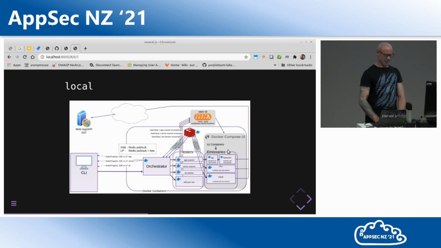Docker Compose UI is necessary in order to get to the host's Docker socket in a clean way. It's also quite good for introspecting what's happening with your containers when you're in development, or if you want to debug some of these things. Basically everything here, I've got the ability for you to debug all of these components with very little work. So you can debug the whole system yourself if you need to. There are some Lambda functions that spin up the emissaries, and some other ones that tear them down once they've finished.